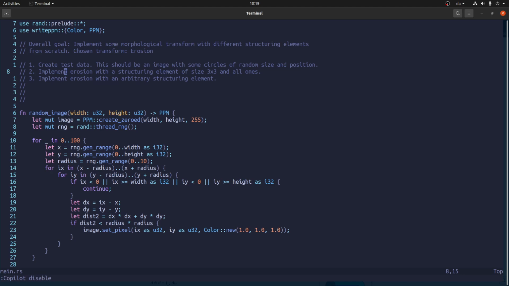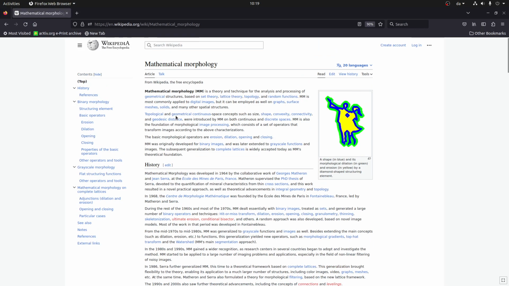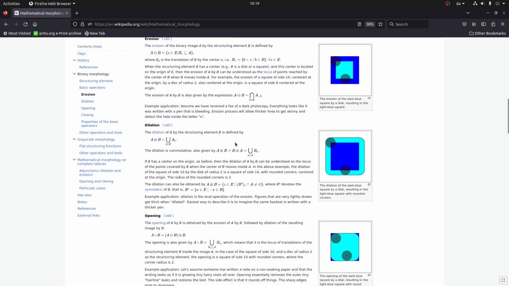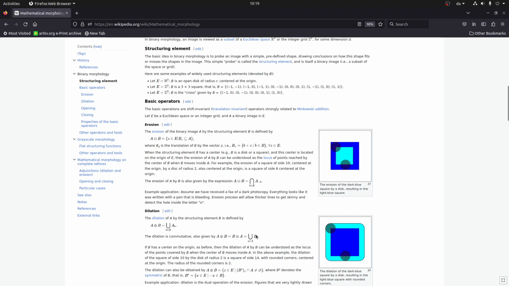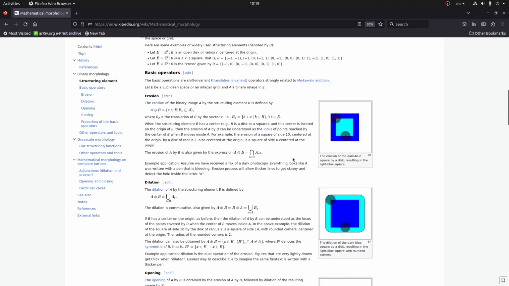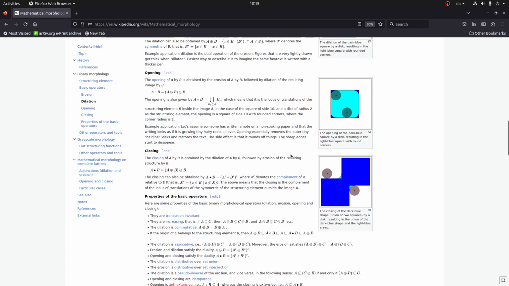What I'm gonna do in this video is look at something called morphological analysis of images, I guess you could say. Also here on Wikipedia, it's called mathematical morphology. And it has a bunch of operations. And basically the idea is that